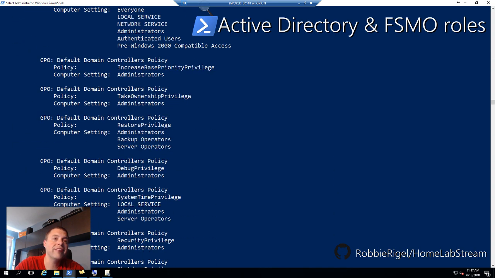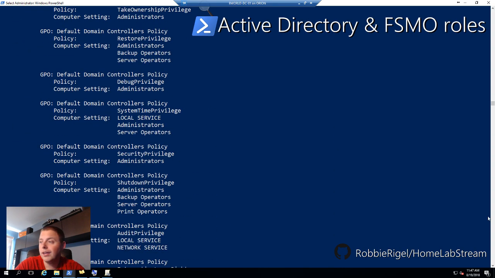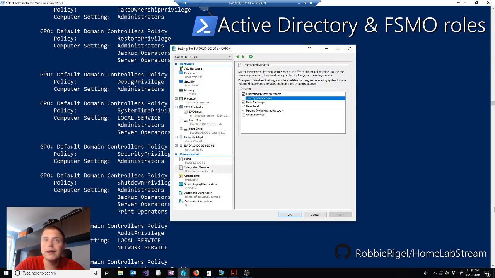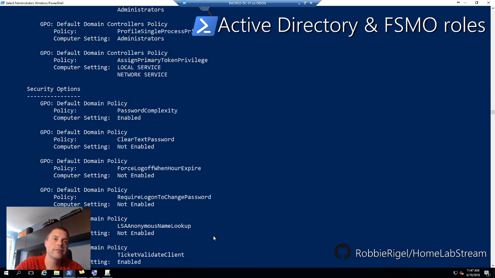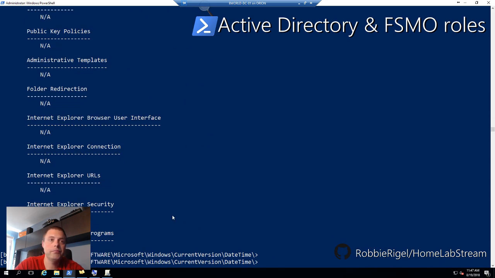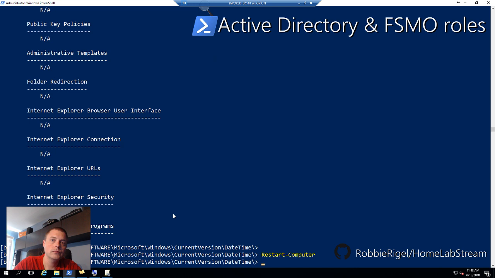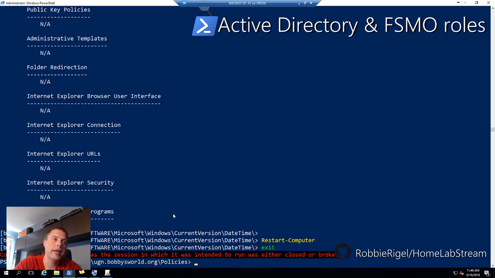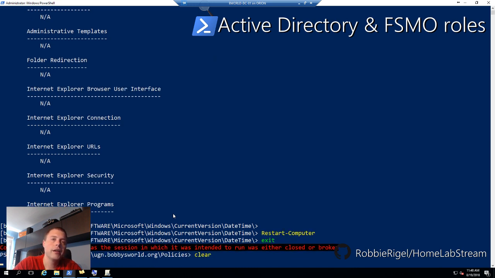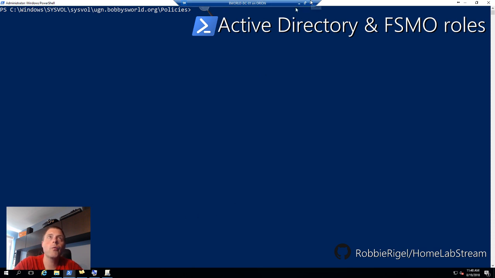So what I'm going to do is, since I turned that setting off in Hyper-V, I turned off the time synchronization and I hit apply. I'm just going to restart this domain controller and maybe that'll fix it. And we'll just exit, even though it did nothing here. So while that is restarting here, we're going to solve,